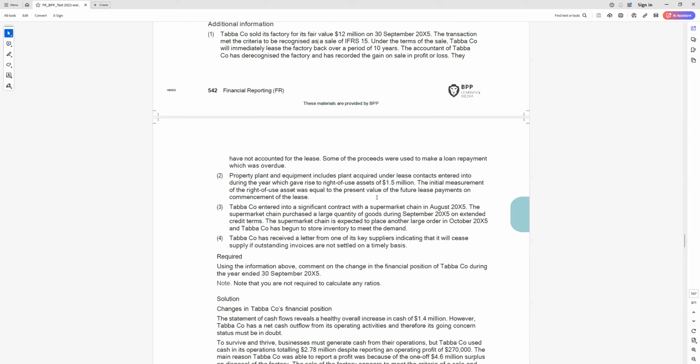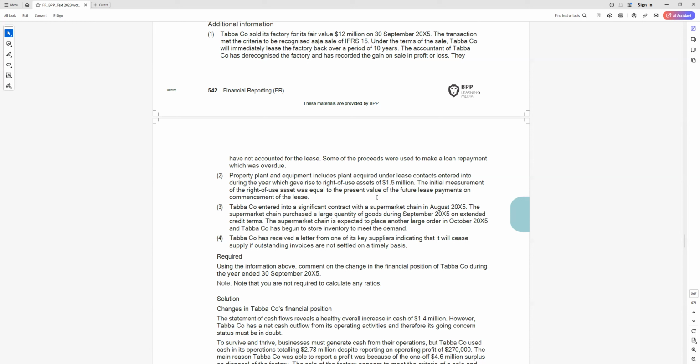TCO entered into a significant contract with a supermarket chain in August 2015. The supermarket chain purchased a large quantity of goods during September 2015 on extended credit terms. The supermarket chain is expected to place another large order in October 2015, and TCO has begun to store inventory to meet the demand. See, this one is very important that we have discussed. Why the inventory is going up and why the trade receivables increased. That's the reason, because they found a big customer